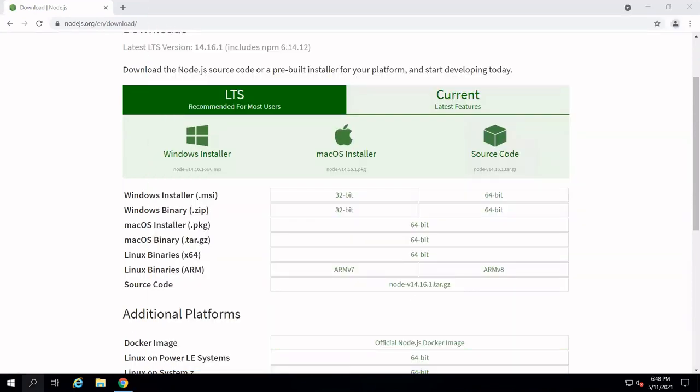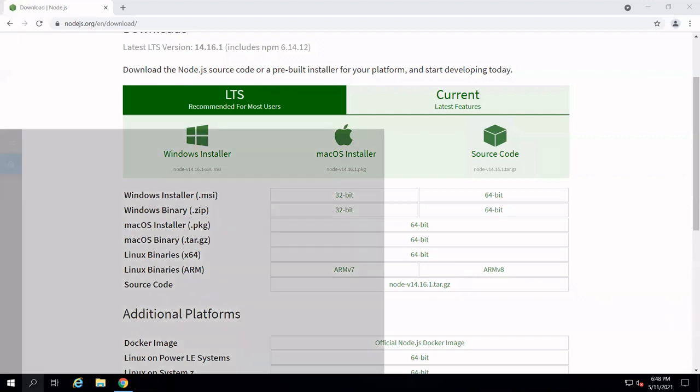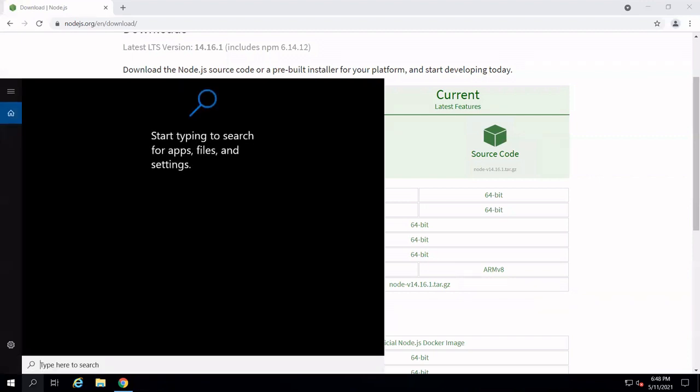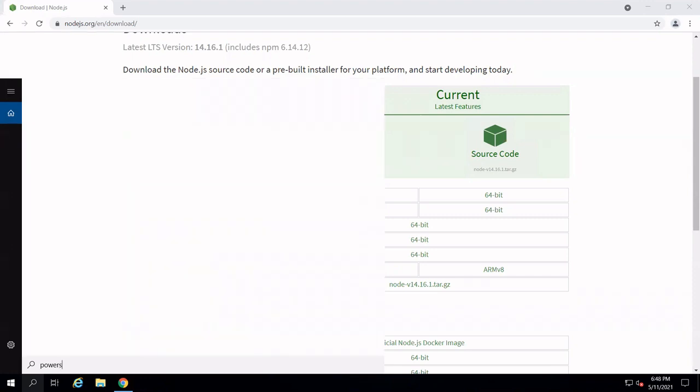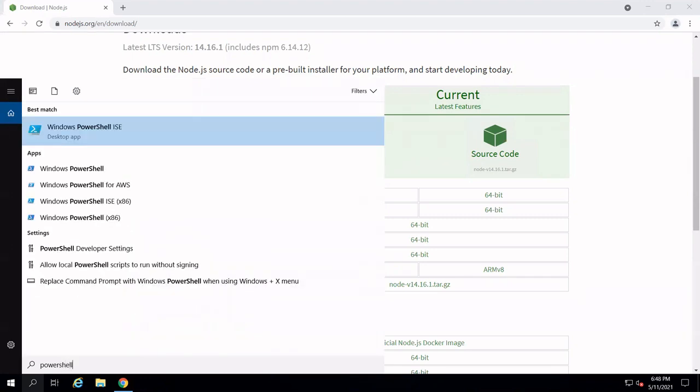Okay. After completing the upgradation of all the packages, open PowerShell for Windows.